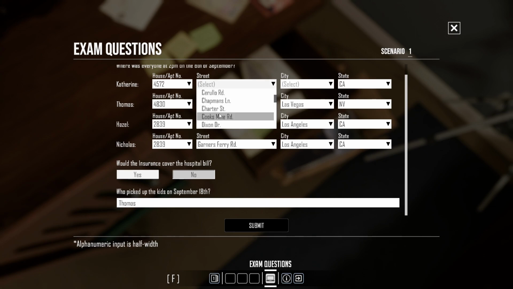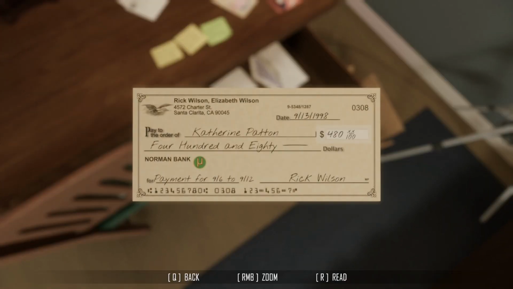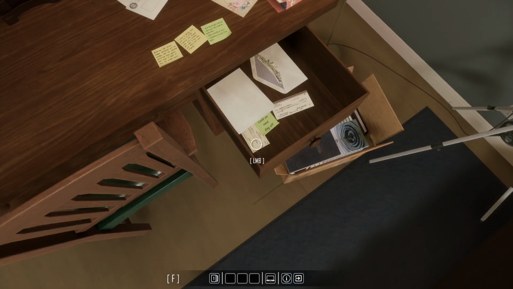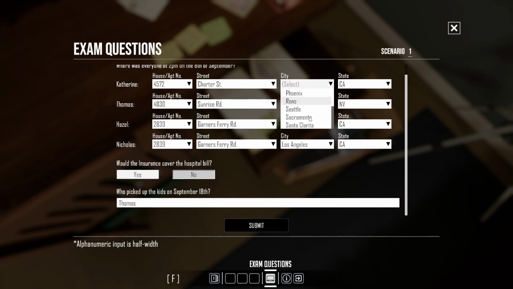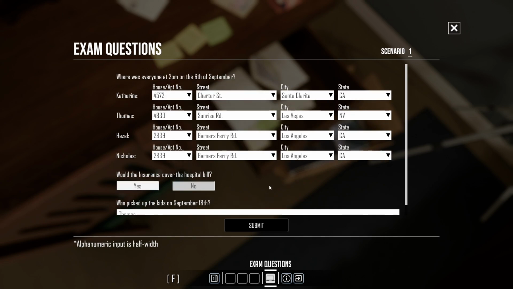4572 Charter Street, Santa Clarita, California. Okay. We don't know anything that's happened, but we know that this is where everyone was on September 6th at 2 p.m. She was at work. She works at the Wilsons 1 to 9. So she was there. His receipts in his